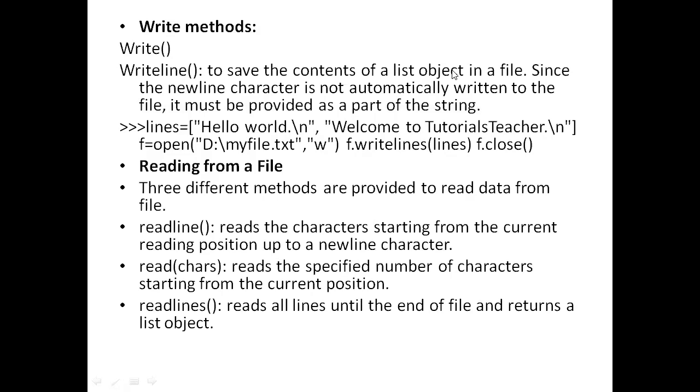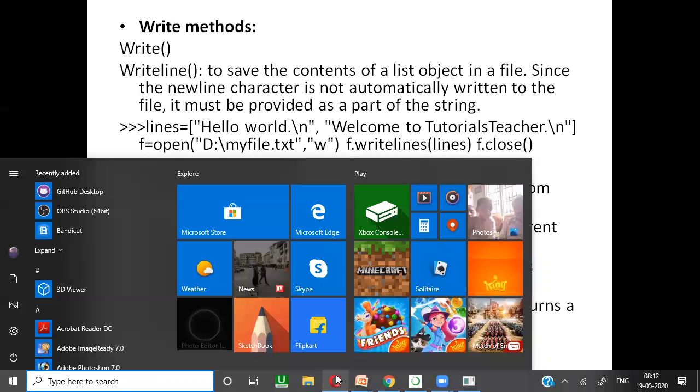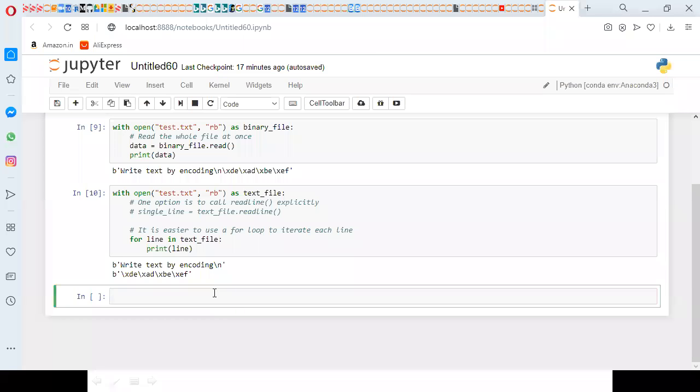If you want to define that it is a particular line, meaning one line, then go with writeline. If you use the writeline method, it indicates that it is one line. We will go through the difference with an example. I'm going to open the file: f equal to open testing.txt in writing mode.